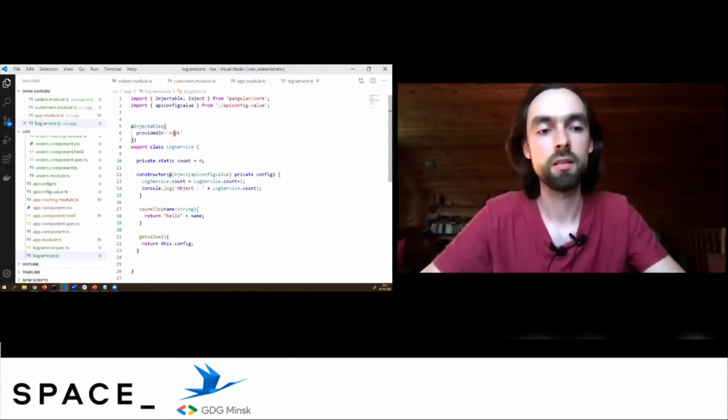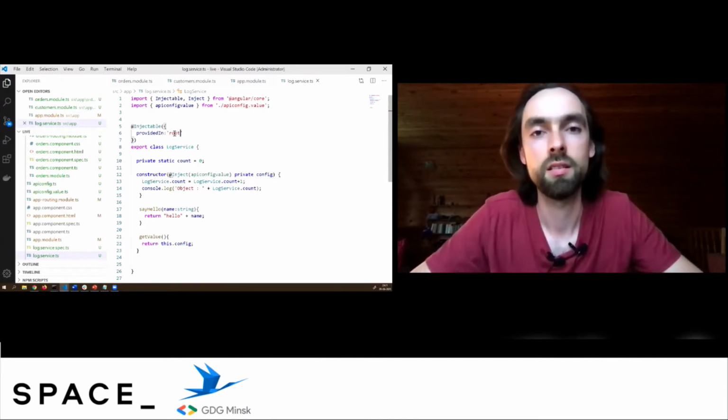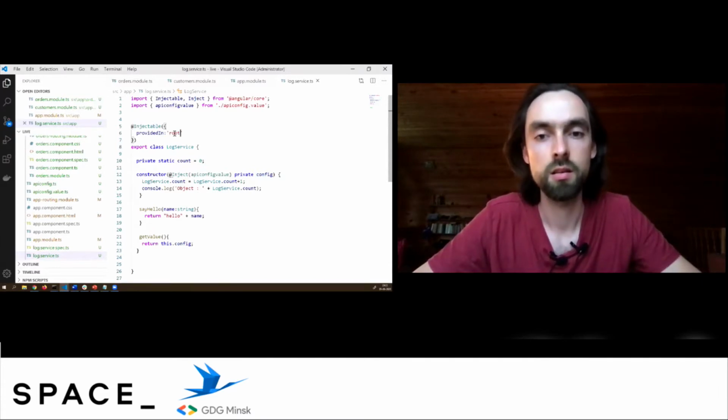Good question. I suppose it should, because we are injecting it through the providers array. It means we are not manually creating the object. Angular is creating the object for us and passing it. It means it must be taking care of killing that object also once the component tree gets killed.